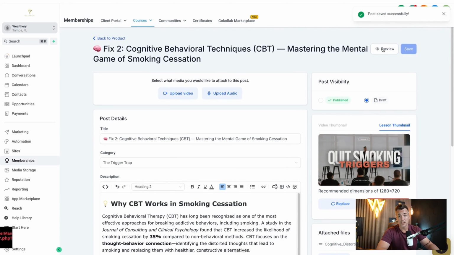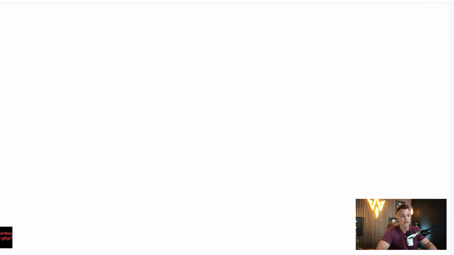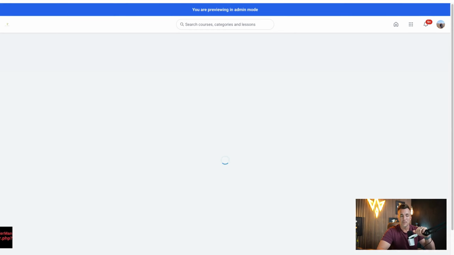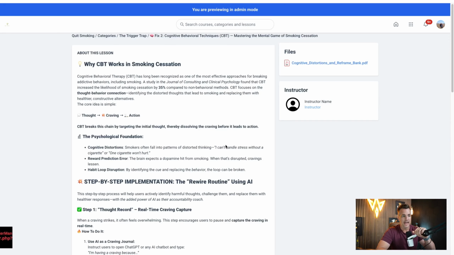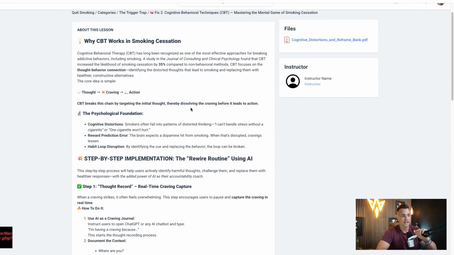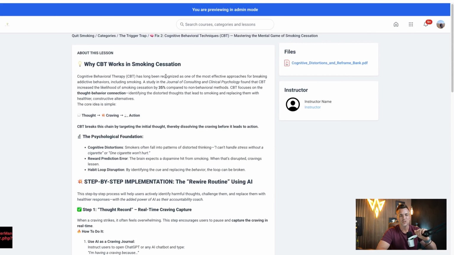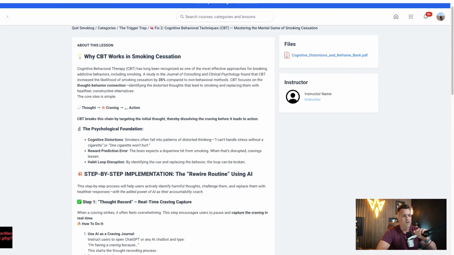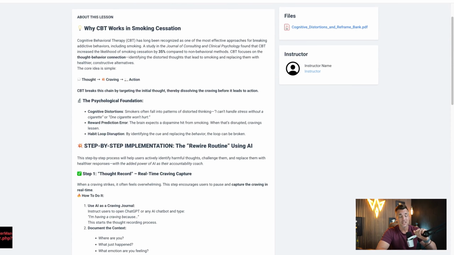Now, I'm going to go ahead and preview it so you can see what your members would see as they are logging in. And so you guys can, I'm guessing, get the gist that I could build this pretty quickly. And you can see right here, so now they've got this content. Would it look better with a video? Absolutely. Would it look better with an audio? Sure. But it's good content nonetheless.